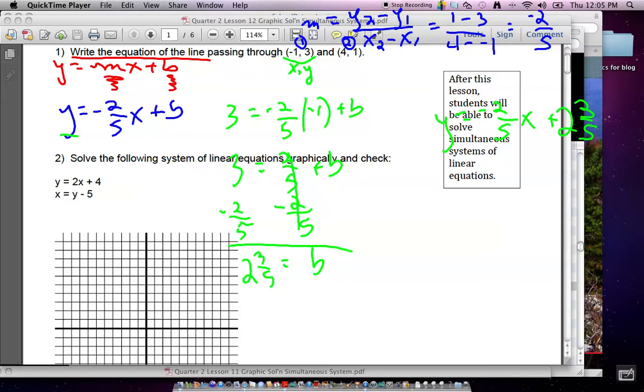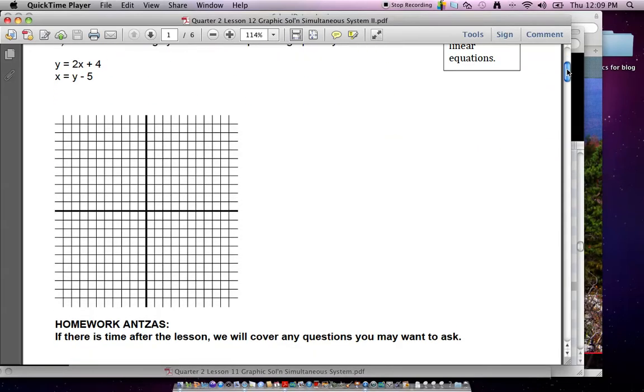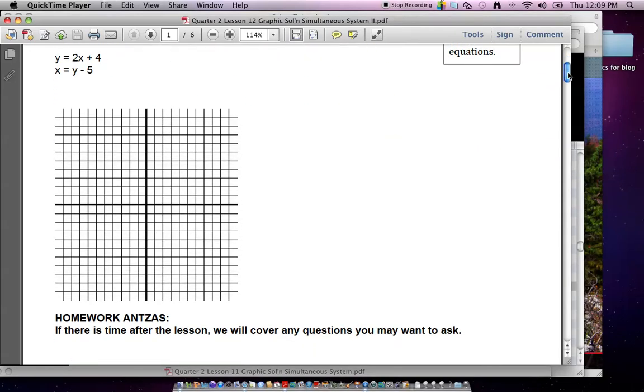All right, so now let's go to the next question. And the next question is really what today's lesson is all about. Graphing simultaneous equations, which means to graph 2 equations at the same time. So the first one is in y equals mx plus b form already. So I really want to get into that one right away. The slope is 2. What's the y-intercept? 4. Good. So I begin at 4, 1, 2, 3, 4, and then I go up 2 over 1, up 2 over 1. Then I'm going to go on the back side here.